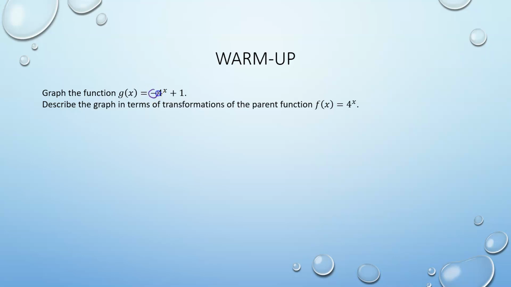Hopefully you were able to see that the negative in front would be a reflection, so it reflects over the x-axis. Okay, so that's a vertical flip. And then the plus 1 would shift it up 1. Now the reason I only asked you to describe the transformations is because we haven't really focused on the order